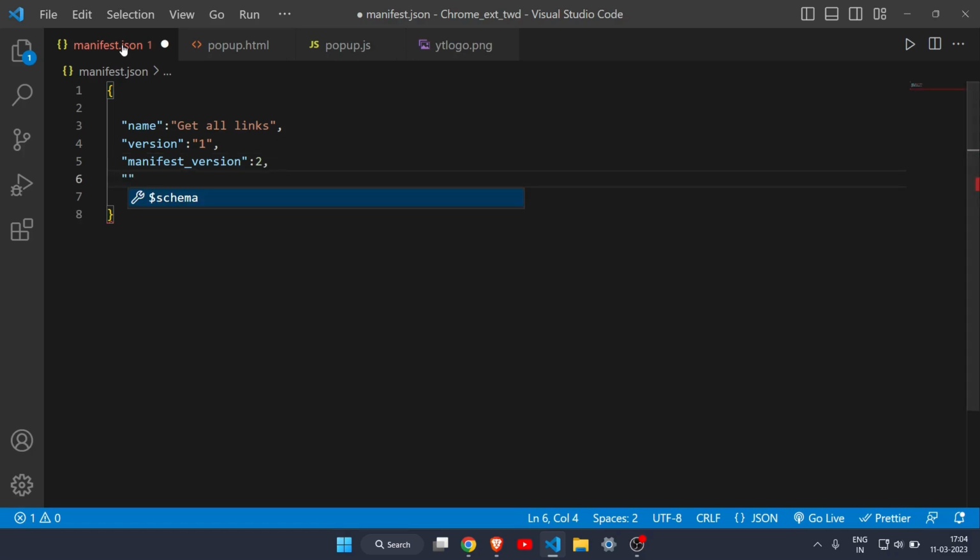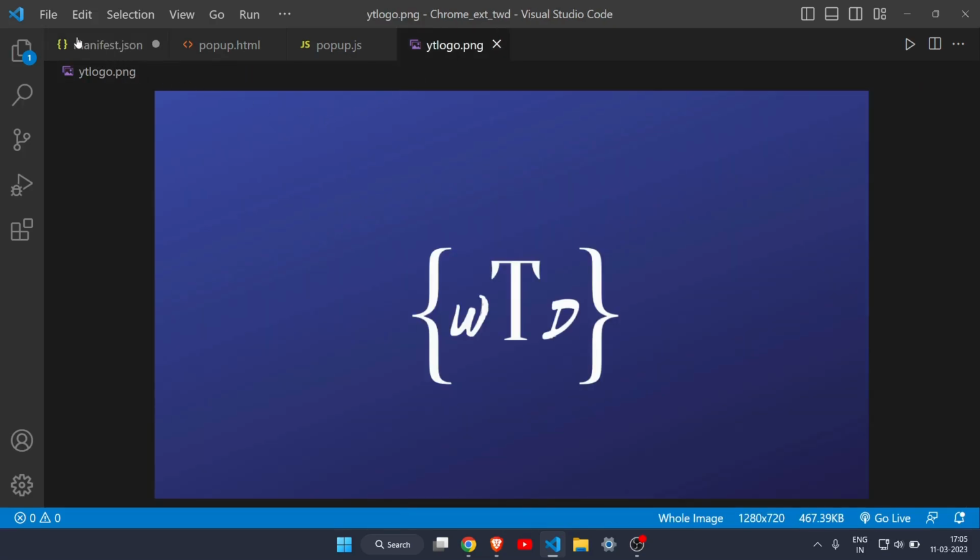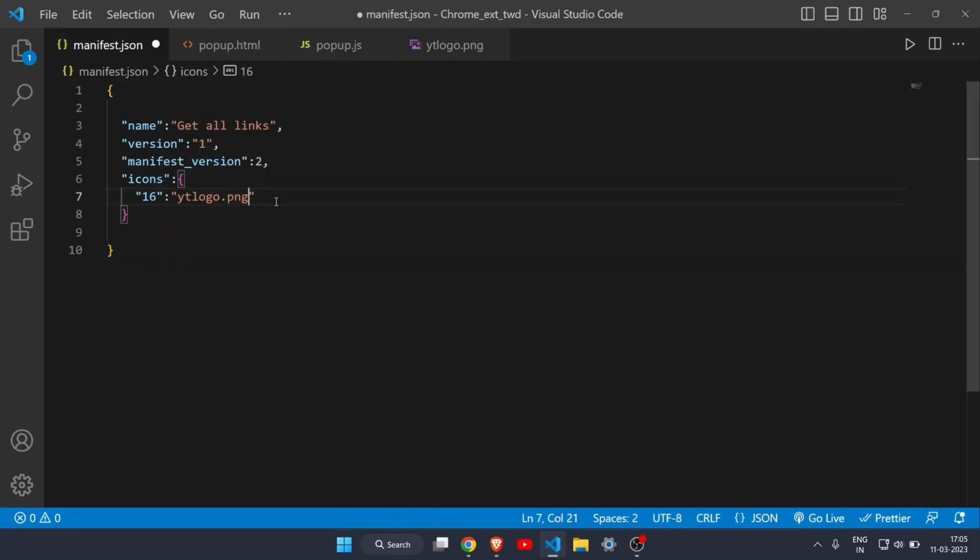Okay, and then I will write icons, and here you can provide the image of the logo of your extension. So I will write here another object, and I will write here 16 because it is for 16 by 16 pixels. Okay, so here I will give the path of the image, so I will write ytlogo.png, which is this image. Let me just show you here. So it is the image of my channel, and after that you can write